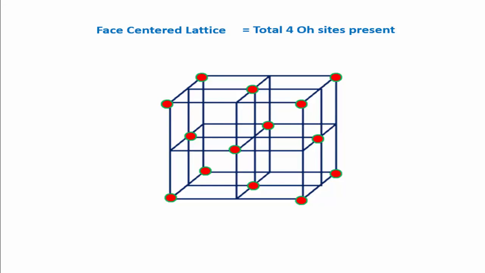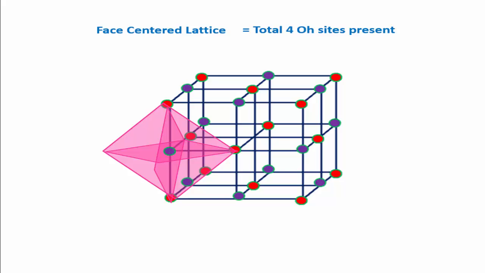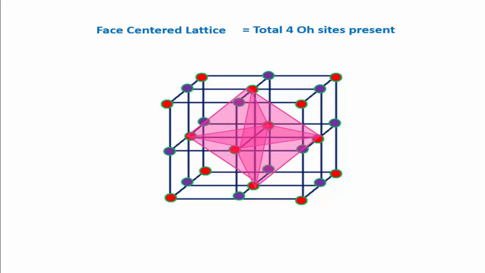If all these orange atoms are the anions, they will be forming the octahedral void. So let us see, this is the atom which is present at the center of the edge of a unit cell, present in the octahedral void. As you can see in the image, 1/4th of its octahedron belongs to this one unit cell. As we know there are a total of 12 edges of the cube, so there are 12 atoms present at the centers of the edges. 1/4 into 12, so a total of 3 voids are present. In addition to that, there is an atom at the center of the cube which is not shared by any other unit cell. Hence there is one octahedral void present at the center of the cube. So a total of 4 octahedral voids are present.